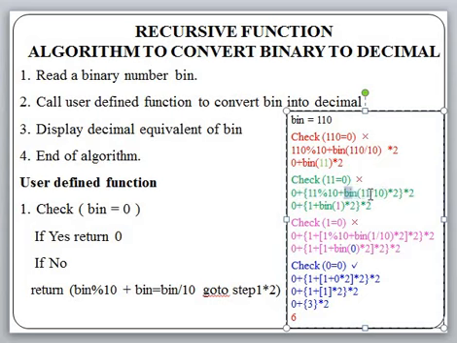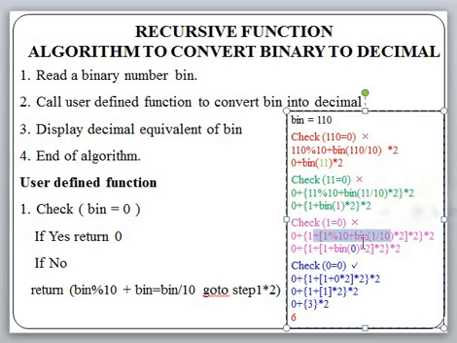So then we have to consider the binary function again to process the result of the remaining digit out of this 11. It is 1. So 11 by 10 is nothing but 1. Then we have to multiply it and go through in this fashion. So bin of 1. So now we have to check again the bin of 1, whether 1 equal to 0. If 1 is not equal to 0, this condition is false. That's why we have to proceed further with the computation.